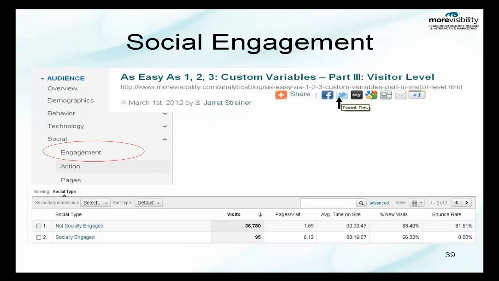If you look up at the top, we have a screenshot of one of our blog posts. And as you see, there's an arrow towards the Twitter button that says tweet this. So if these icons are coded correctly, when someone clicks the tweet this button, then you will get a visit hit under socially engaged. But if you also look down at the bottom, you'll see that we had 95 visits,